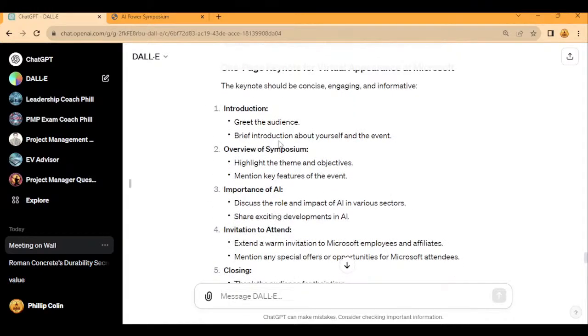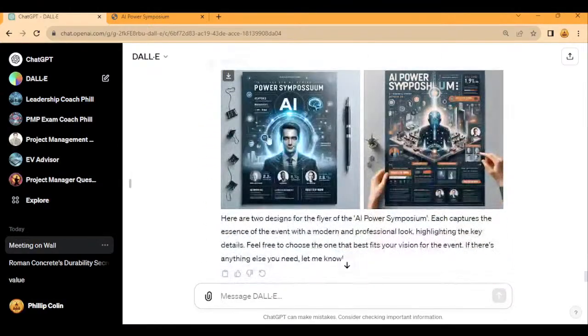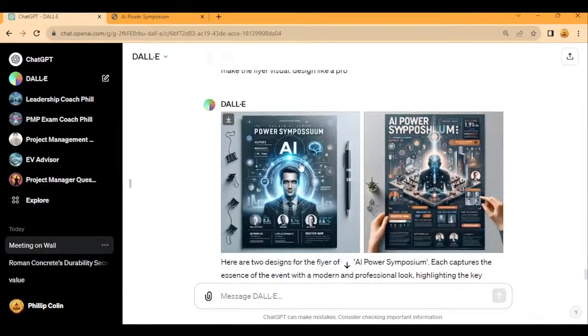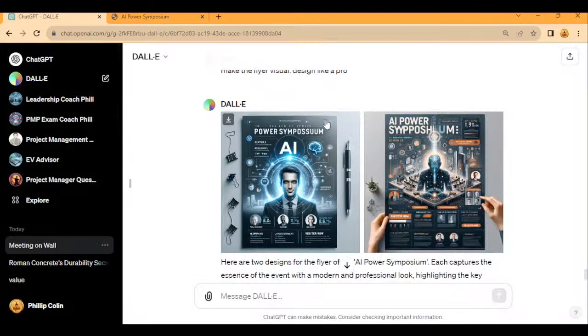And I could go into more detail and say, write out every single sentence in this keynote. Don't just give me bullets. I could say that and it would do it. And there's the symposium flyer right there. Even though the spelling is off, they're still working on that, but you got to give it to the tool,